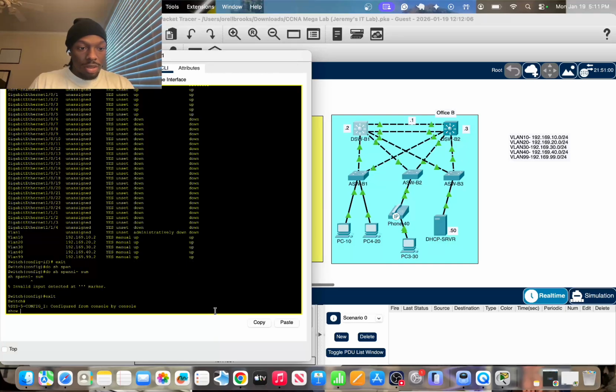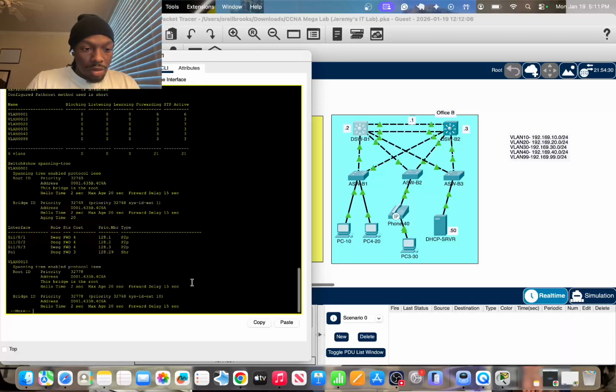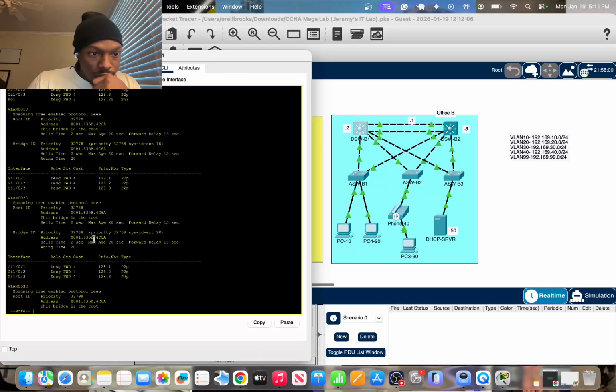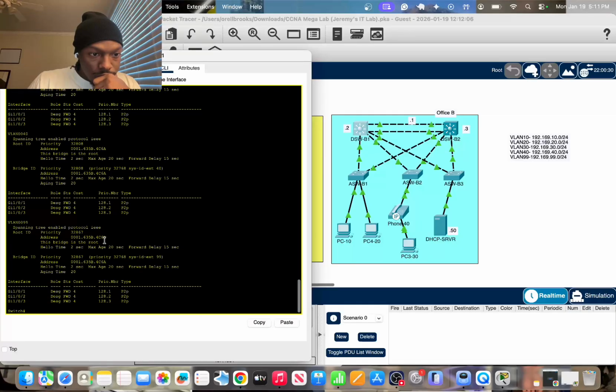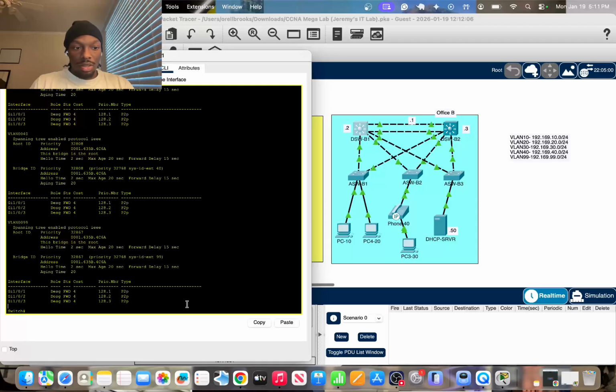This shows spanning tree. Root. This bridge is the root. Okay, so this one is already the root. That works out. So let's go ahead and check this connection,